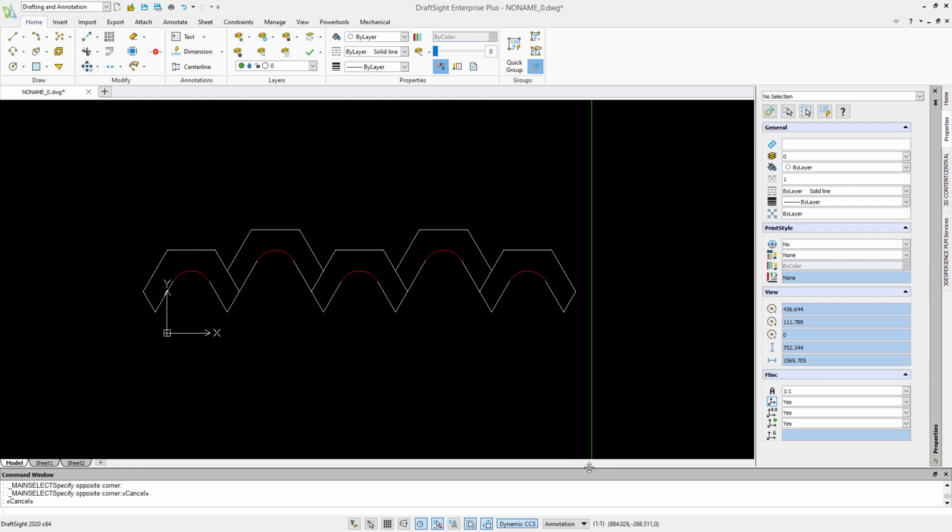So this is the end of this little section, just as a brief, as I say, brief introduction to the drafting tools within DraftSight. I'd urge you to try and just draw some simple shapes up yourselves, test it, get to familiarize yourself with the different commands, and see how you get on.